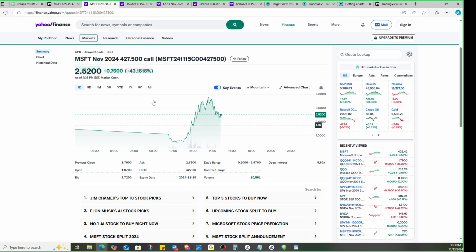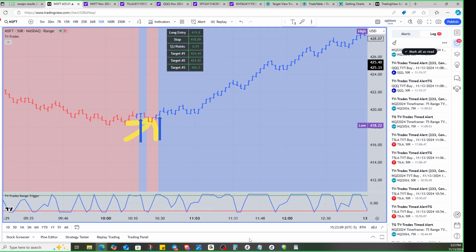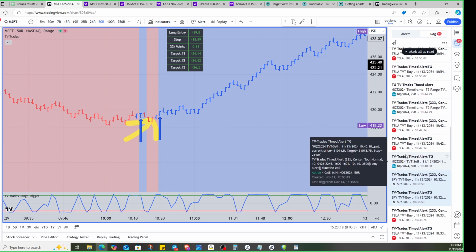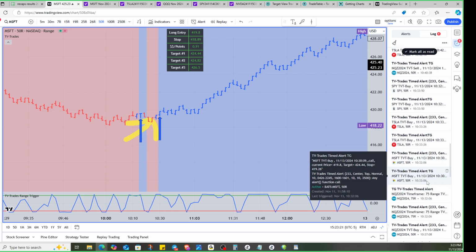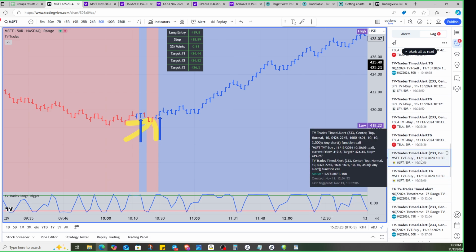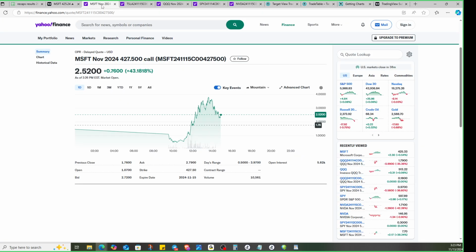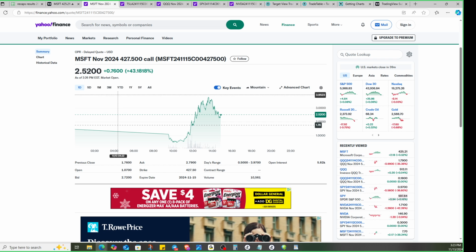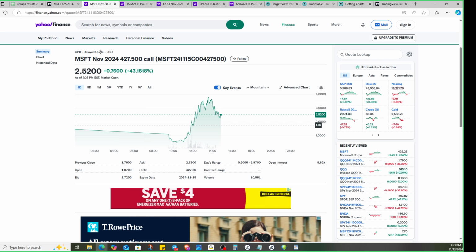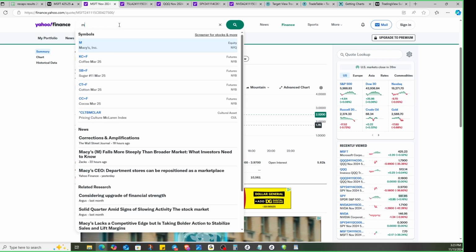And if you look at the Microsoft, the option that I have right there was not probably the best one to look at. But what I would look at right here at 419.75, let's go find that at 10:30. It's Microsoft at 10:30. Here it is right here. The current price was at 419.8 and the target was 424. So if you go to Microsoft here, and now this is the 252s, but that's not what you'd be looking at this morning. If we go up here, we'll go to MSFT,